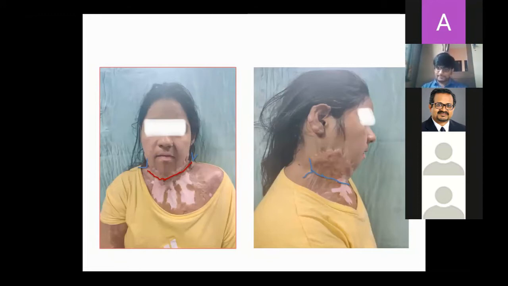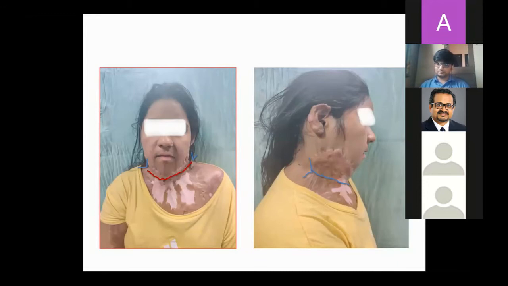Names and all are not very important. As long as you know that there is a thing called mild, moderate, and severe, and different bands and different types of contracture exist, that is more than sufficient. Nobody is going to find fault with you for not knowing this. But if you know it, you always carry an additional thing.